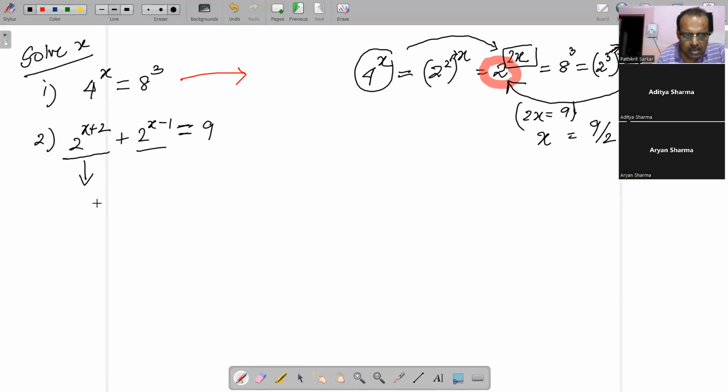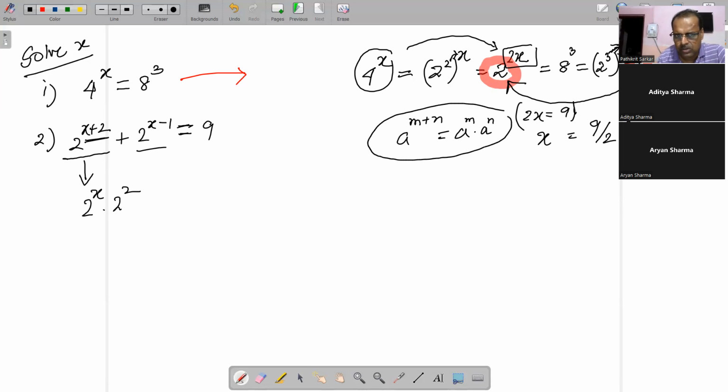सो दिस कमिंग डाउन टू से 2 टू दी पावर x और यहाँ पर हम लिखेंगे 2 स्क्वायर, क्योंकि सपोज a टू दी पावर m प्लस n होगा तो उसको हम लिख सकते हैं a टू दी पावर m इंटू a टू दी पावर n। तो यहाँ पर भी 2 टू दी पावर दिस है, तो ये फॉर्मूला को हमने यूज किया, ऐसे लिख दिया। सिमिलरली यहाँ पर है 2 टू दी पावर x माइनस 1, तो ये डिवाइड होगा, दैट मींस वी राइट 2 टू दी पावर x बाय 2 टू दी पावर 1 मींस 2। सो आई कैन राइट डाउन दिस थिंग्स, ऐसे लिखते हैं।